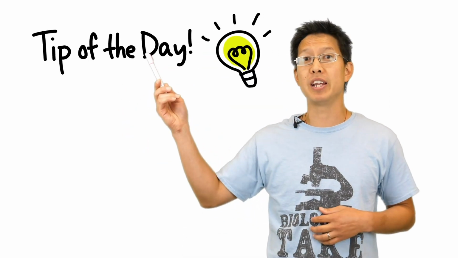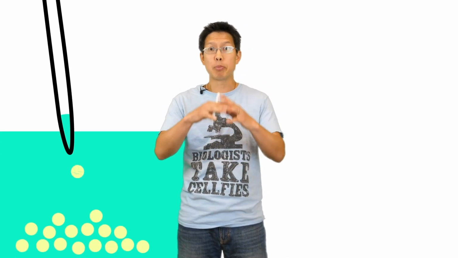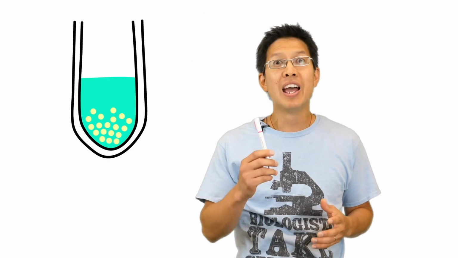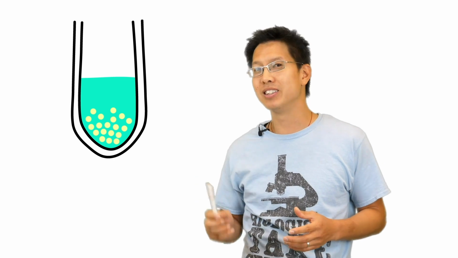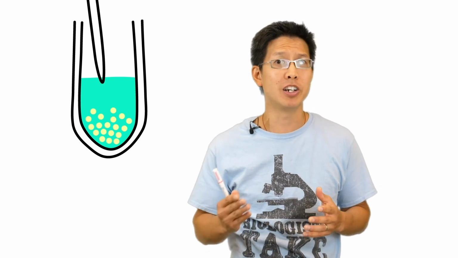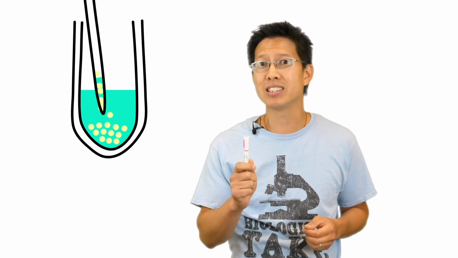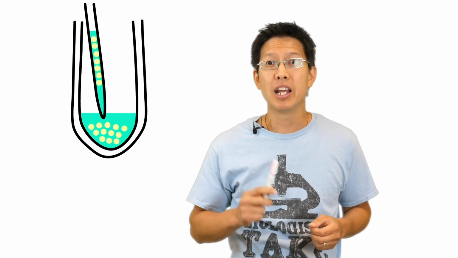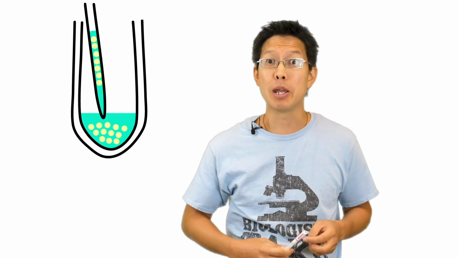So here's my tip of the day. Please always remember that apoptotic cells are fragile. If you pipette them too hard, they may break apart. If you centrifuge them too hard, they may disintegrate. And of course, keep an eye on your pellet. Post-centrifugation can be very tricky. It is easy to accidentally pipette off some cells, and those cells may very well be the apoptotic cells that you're looking for.